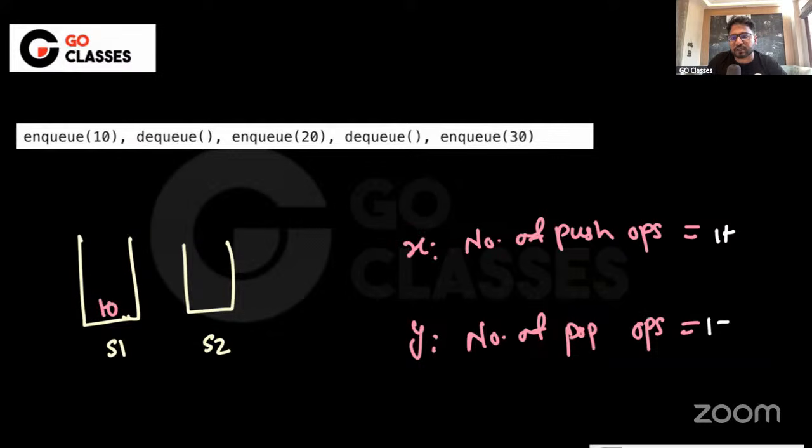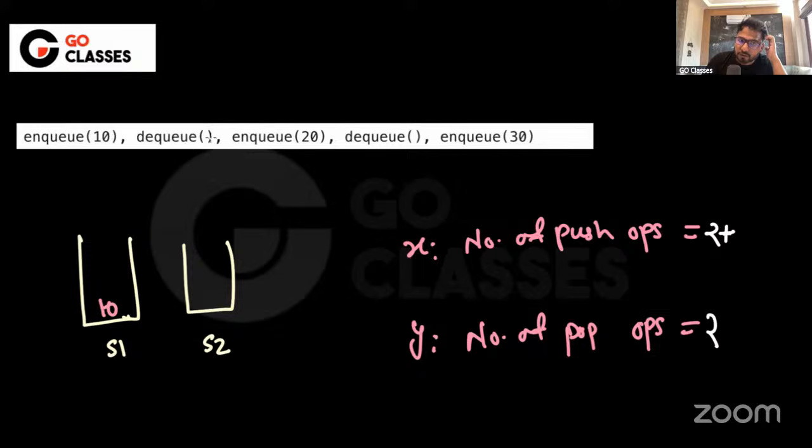The code is saying that you are going to pop from S2 only. So you do this NQ, which is fine. Whenever you're doing DQ, you have to pop from S2 only. Since S2 is empty, you first have to transfer all the elements. So you pop it and push it to S2, and then again pop. So basically two pops, one from here, one from here, because you need to pop it, push it here, then again pop. So two pops because of 10, and 10 is pushed into S2. That's why two pushes because of 10.